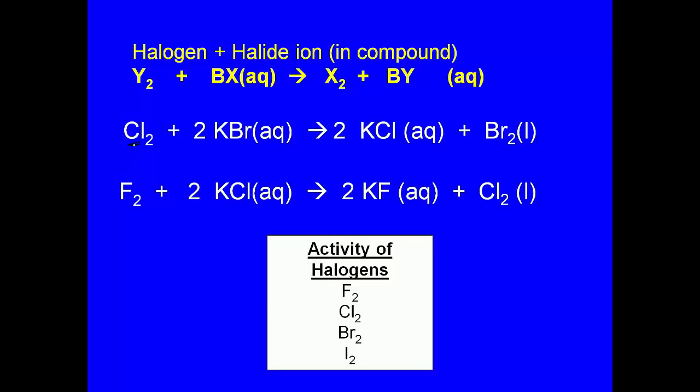On this side, chlorine is by itself, bromine is with a partner. But look at what happened over here. Chlorine kicked out bromine, so now the chlorine is with the potassium and bromine is by itself. Remember the 2's because any diatomic, all halogens are diatomic, so when they're by themselves, that's when they have to